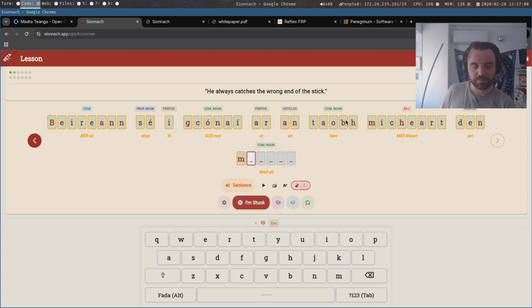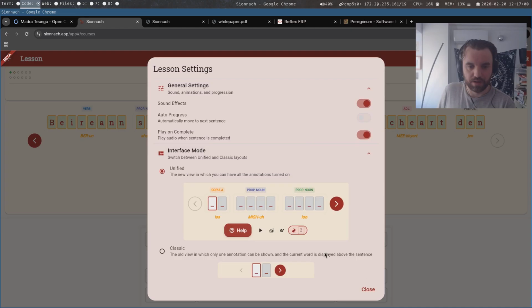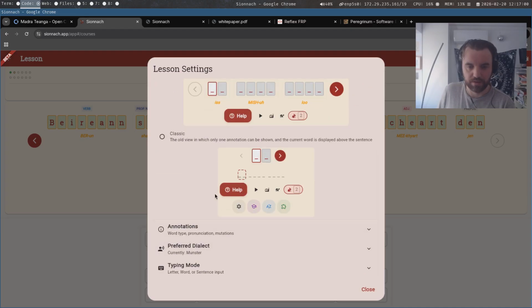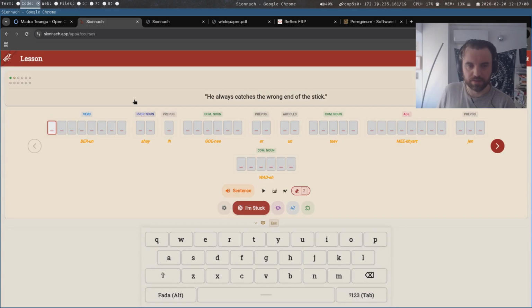But I don't know, the idea here was that you could come in and basically have a really simple interface, and that's because I have enabled the annotations.